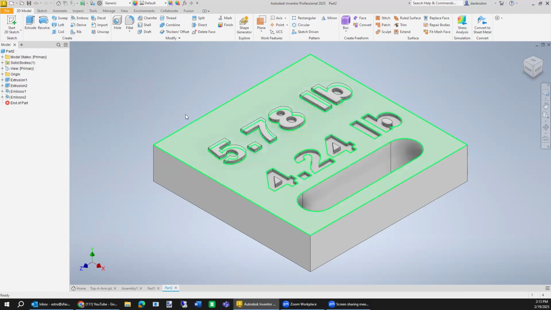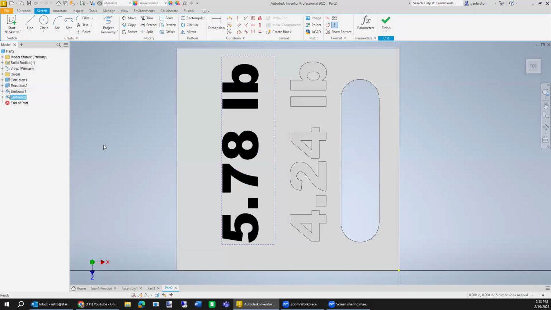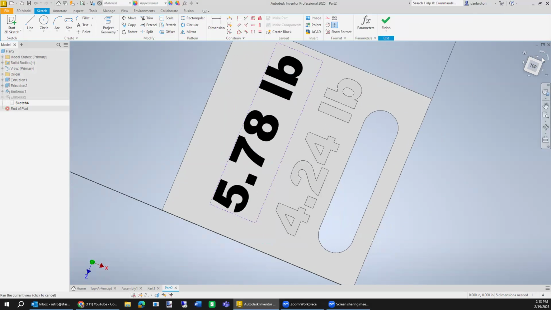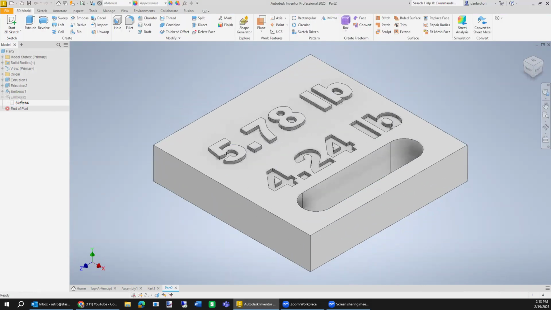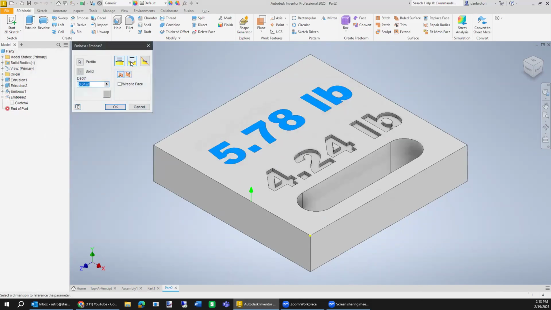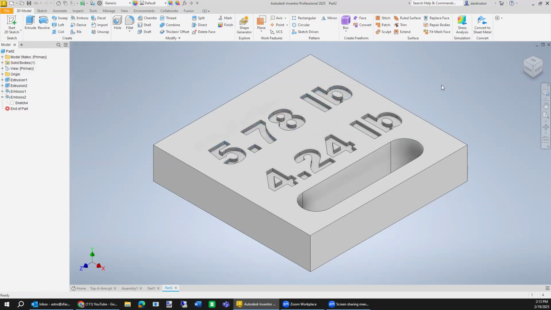And if you want to go the other way with that, you just edit the emboss in the feature tree, also called the model browser. And I'm going to change that feature. Let's see. It looks like I edited the sketch, which was not the right thing to do. I need to make sure I edit the feature. So edit the feature. And this time we're going to say cut, and hopefully it will cut into the part instead. And that's how you handle lettering, both rotation, size, and